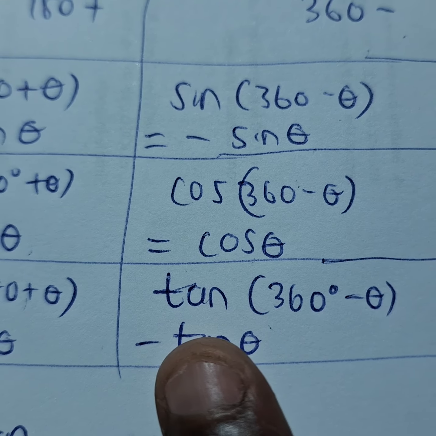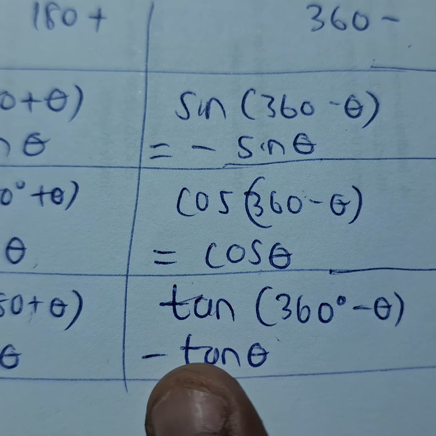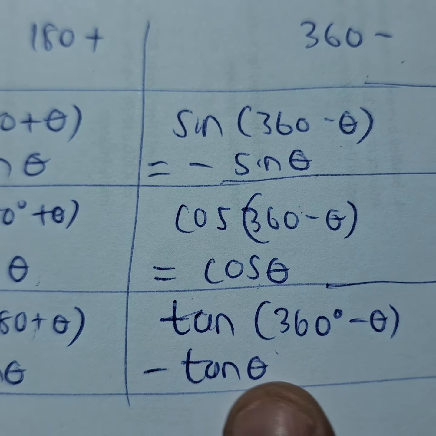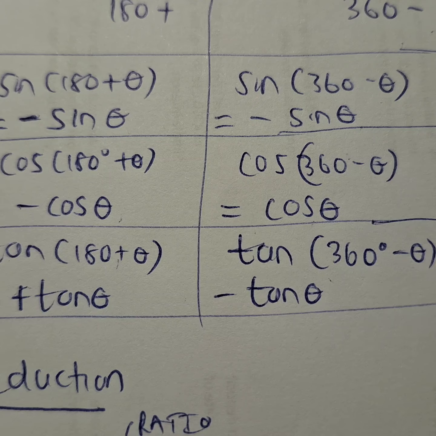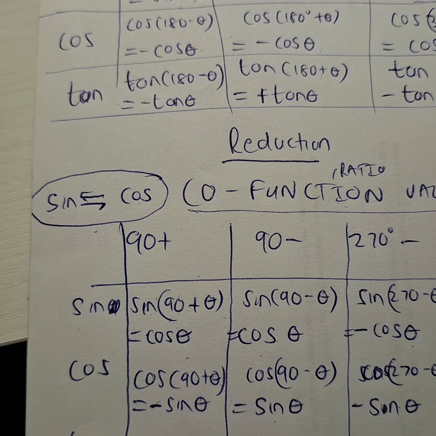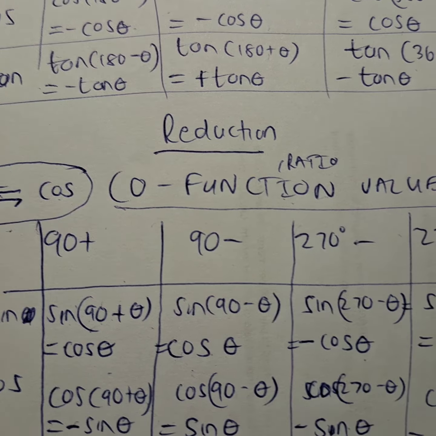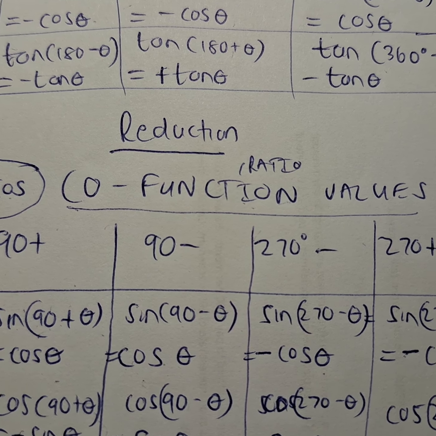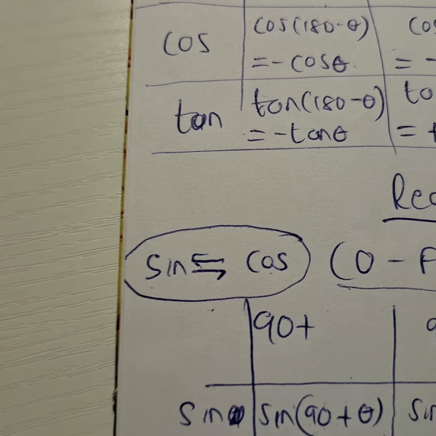It is, yes, indeed, it is negative. So we write negative tan 360 minus theta, which equals tan theta. Now moving right along from the function values, we look at what we refer to as our co-ratios. Co-ratios are unique in that